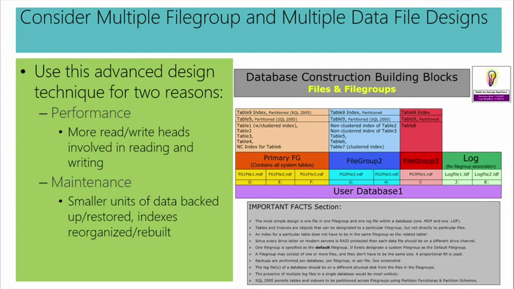Yeah. So, before we go to the next slide, I want to spy into one particular circumstance. Notice that I could have, let's say, a table in one file group and a non-clustered index in another file group, but observe the top of the diagram where I could actually have one single table spread out over multiple file groups. Multiple file groups. Now, the reason that I'm going to go to this design to begin with would be twofold. Performance, meaning more read-write heads involved in reading and writing. That part I already brought out. But maintenance, I have smaller units of maintenance that can be done over, well, smaller units.